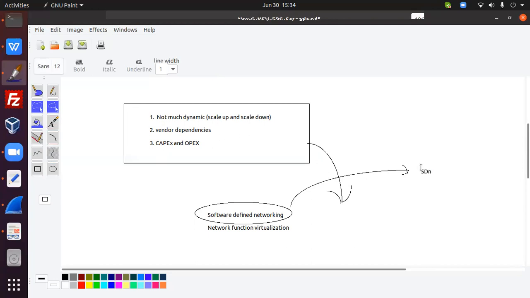Using the SDN controller, from a centralized location, you can manage not only a single device but a complete topology. And once you add this in a WAN environment, that is your SD-WAN, meaning from a single location,